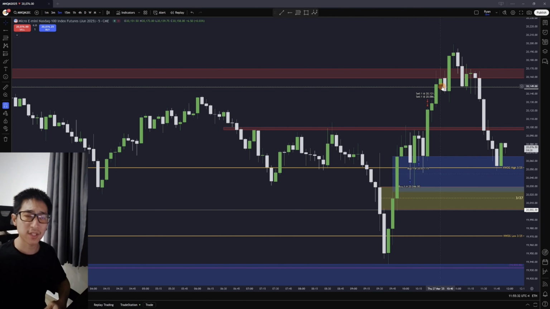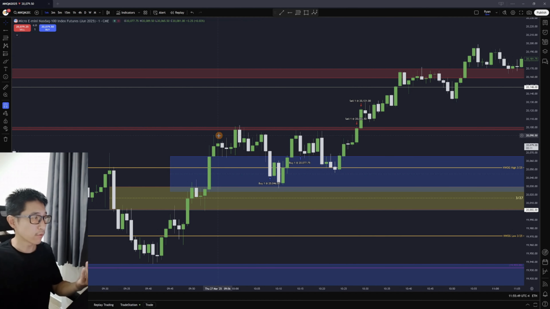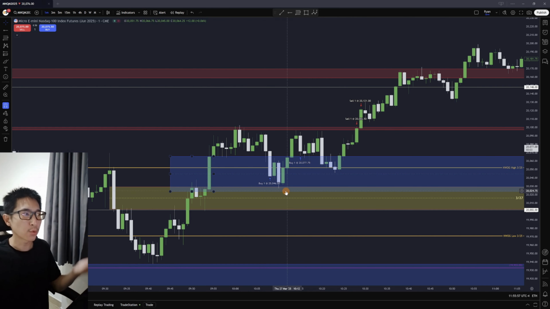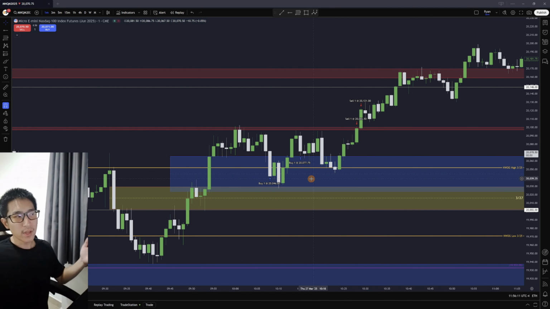I'm sure you guys have experienced that as well, but I think the back testing is helping me as I stay on the 5 minute, so I'm able to see more of a bigger picture, and things do work out on the 5 minute. When you go to the 1 minute, I think price just chops around a little bit too much for my liking. You can see that for this period of time, we just see a bunch of candlesticks going up and down. This is consolidation. On the 5 minute, this looks really good. It's just wicking into this fair value gap, but on the 1 minute, you're seeing bodies in this fair value gap. So that makes me a little bit nervous, seeing bodies close below 50% of this fair value gap. Anyways, this was the trade.